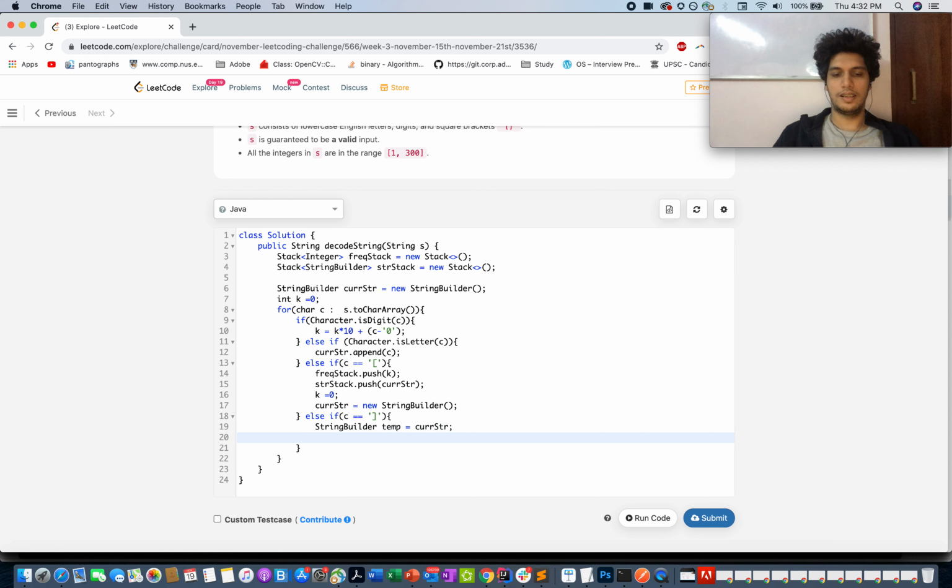Then you will pop the frequency out of the frequency stack, so freq equals freq stack dot pop, and also you will pop another value from the string builder stack.